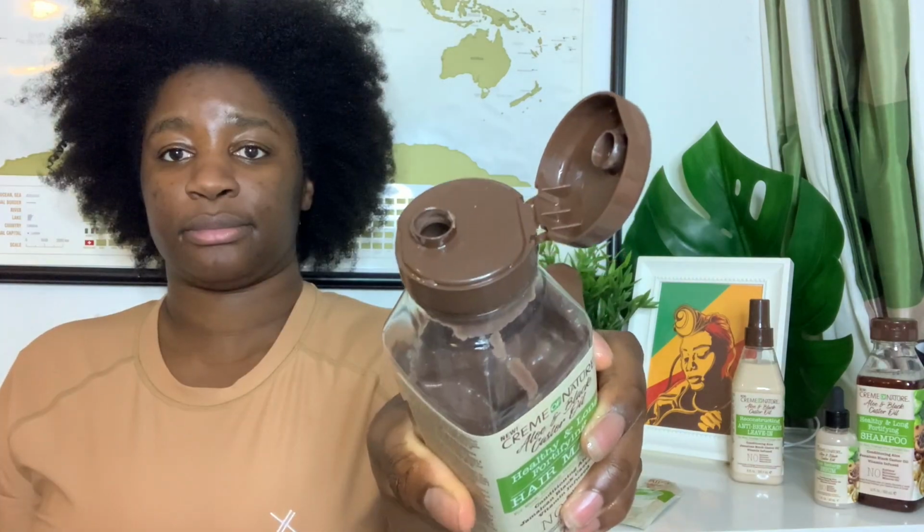So the only thing I hate is the fact that it's in a bottle like this, because it is so thick. That's how thick it is. So can you imagine with my wet hands trying to get this out? It's hard to squeeze. The plastic is really quite hard. And because it's so thick, I really have to do that. It's fine because my hands are dry right now and the bottle is dry. But when my hands were wet, doing that,